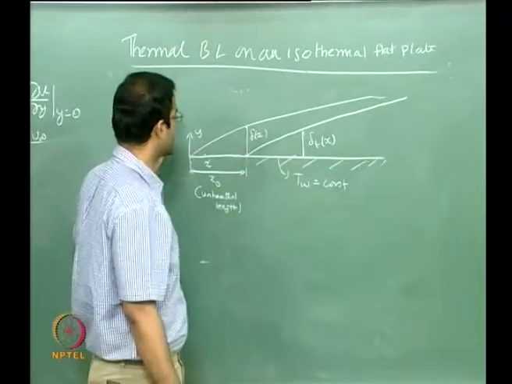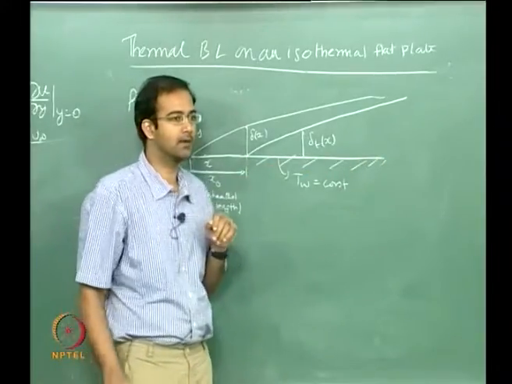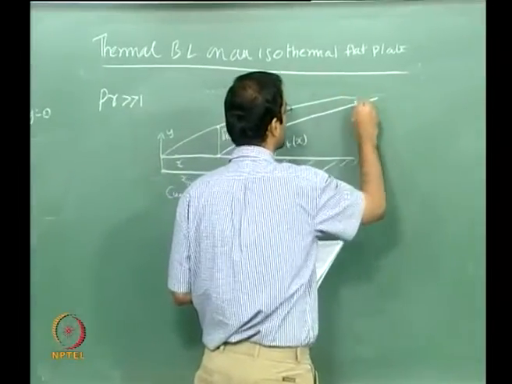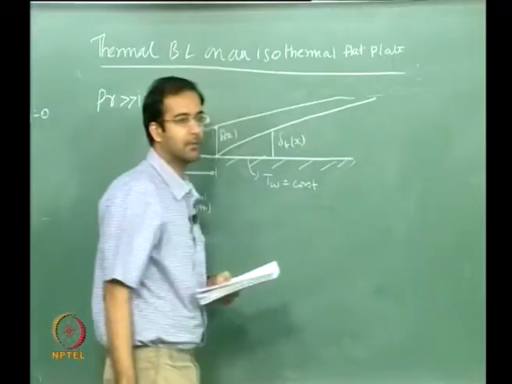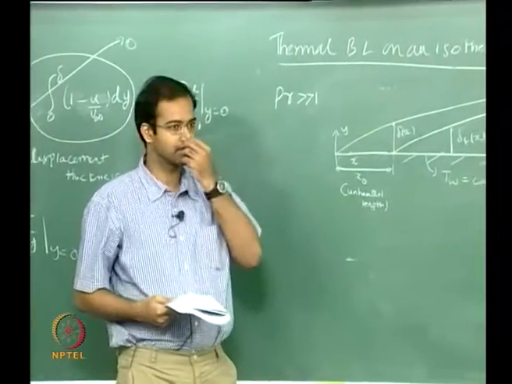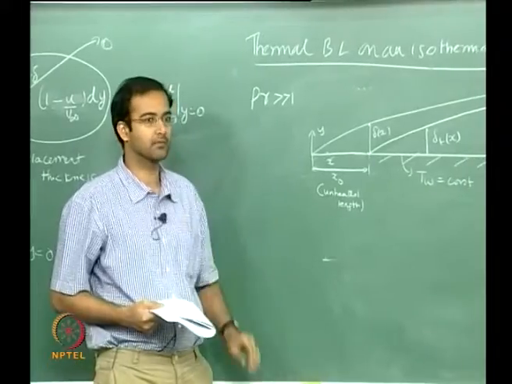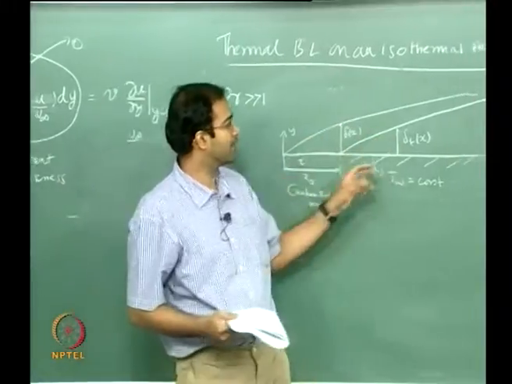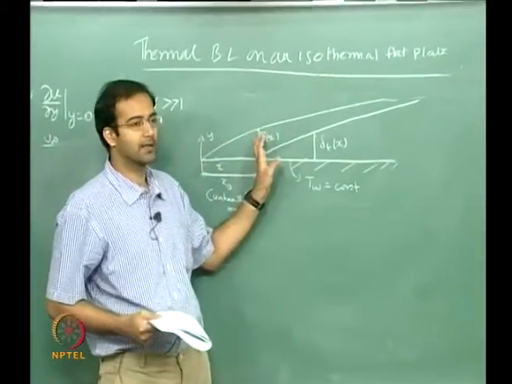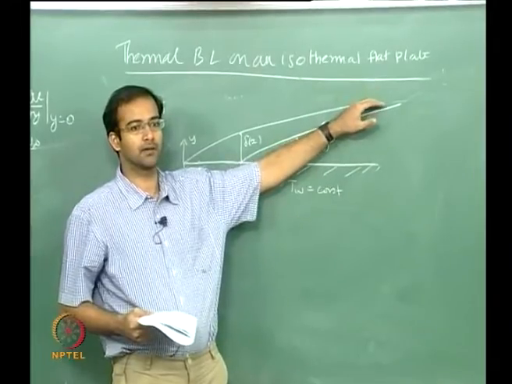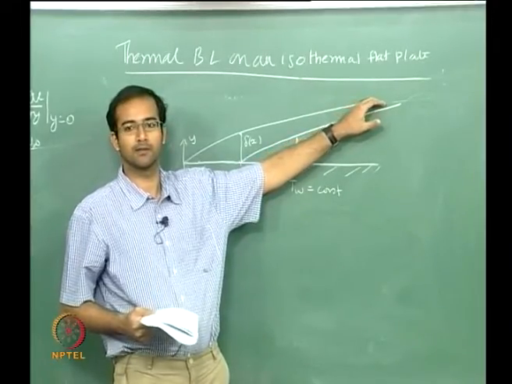Now for the case when your Prandtl number is much lesser than 1, you will find that the thermal boundary layer will rapidly overtake, and finally somewhere here your thermal boundary layer thickness will exceed the momentum boundary layer thickness beyond a certain position. If your Prandtl number is equal to 1, they will both be growing at the same rate. However, this is already shifted here, so once again it will never be able to meet up to the growth of the momentum boundary layer.